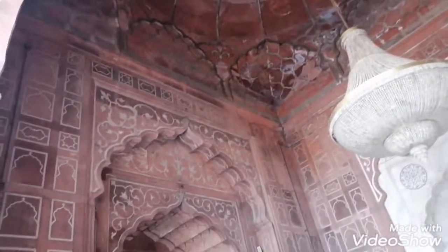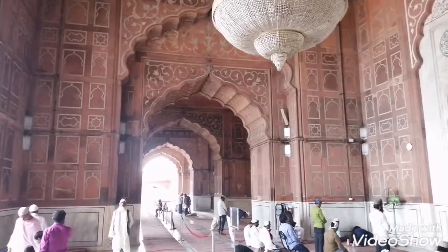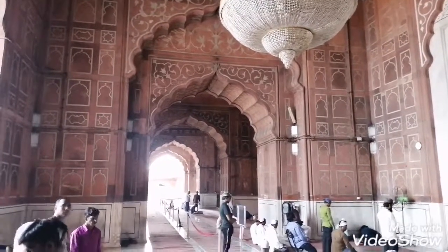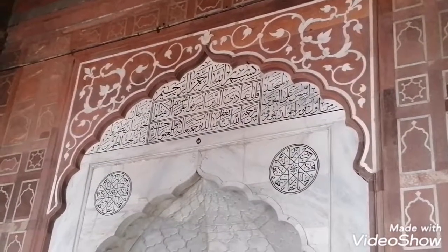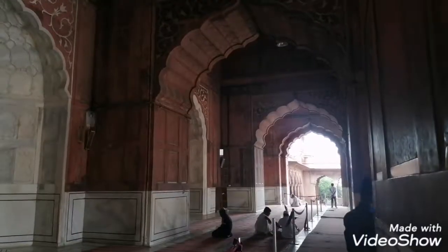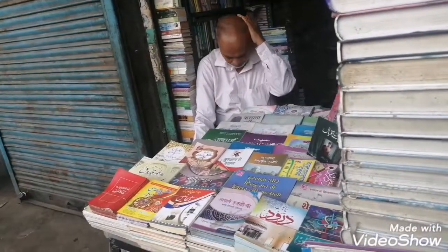And this is a marble parapet over here. It's all inlaid with marble over red sandstone, and it's a very unique architecture. It's a mix of Indo-Islamic architecture, and there are congregation prayers held over here. So in the main mosque area you cannot enter until you are in wuzu, and this is the main entrance of the mosque. As you can see, this is very tall, I think it's almost 50 feet high,